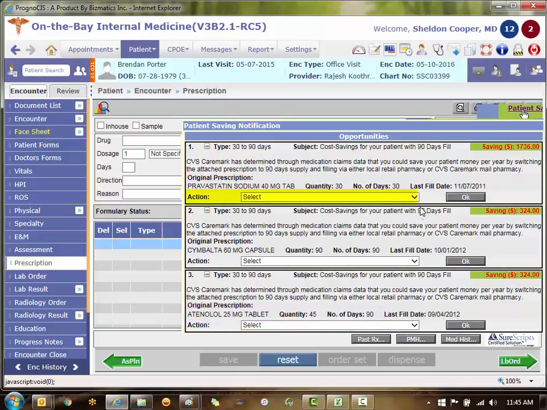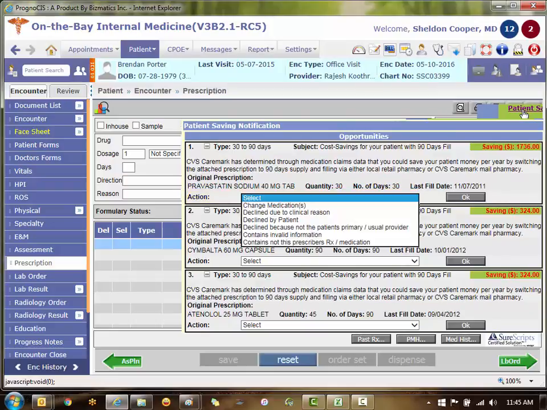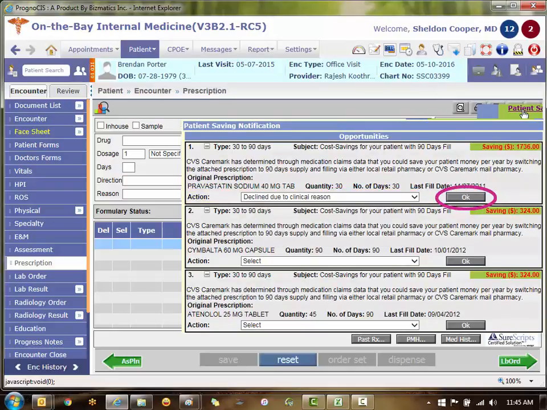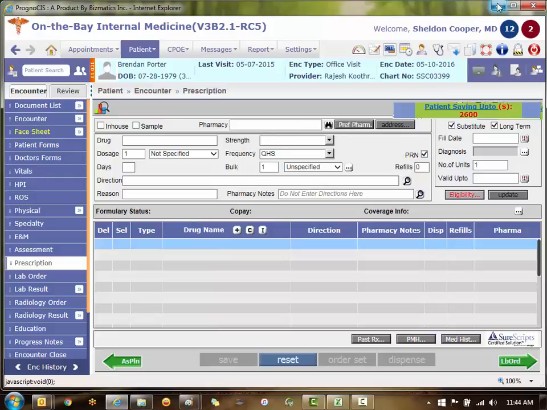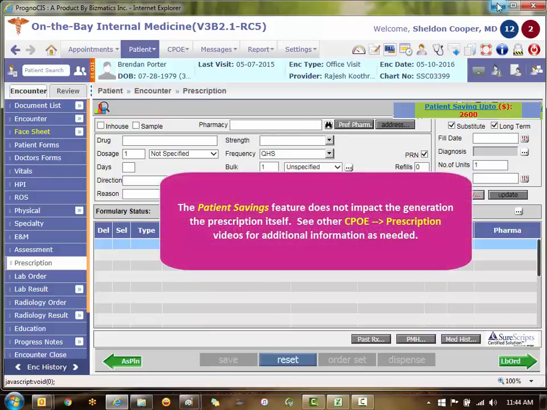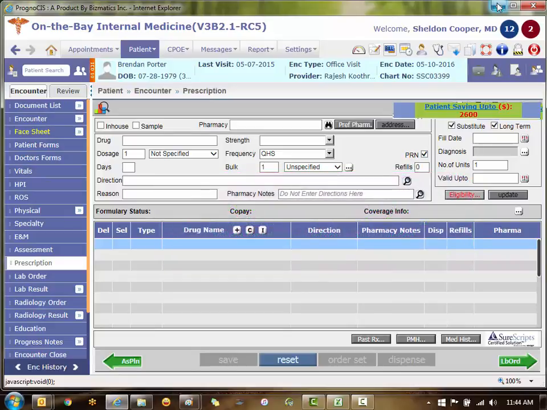Each drug also has an action box, so the doctor can choose the appropriate action if he does want to choose the alternative, and then click the OK button, and that will update the notification back at the pharmacy benefit manager. Other than that, the prescription aspect of it is the same as with any other prescription. It's just an extension of the eligibility feature within the e-prescription of